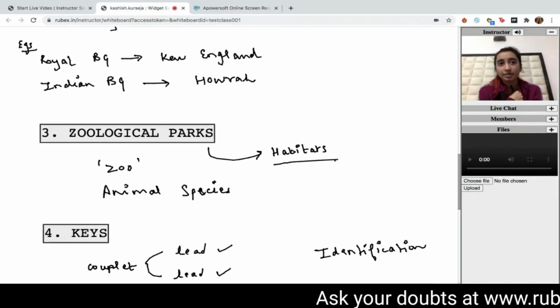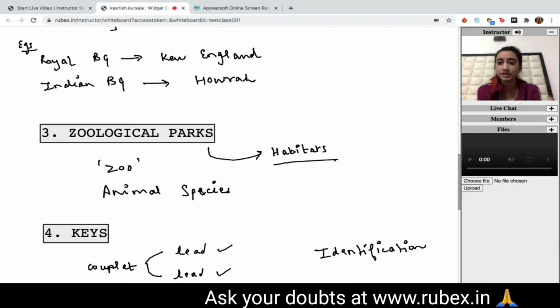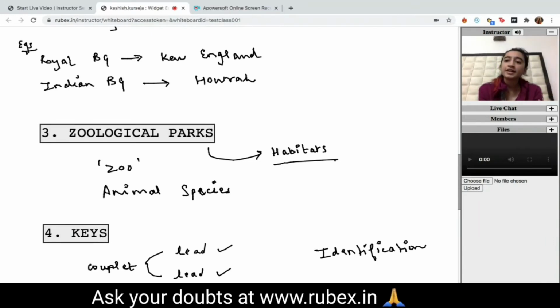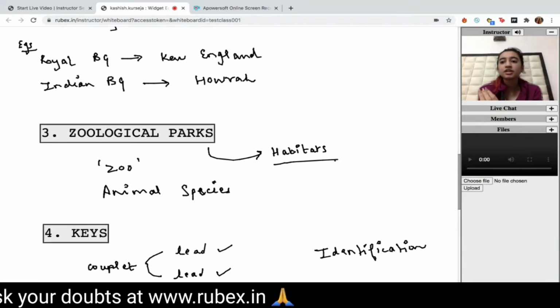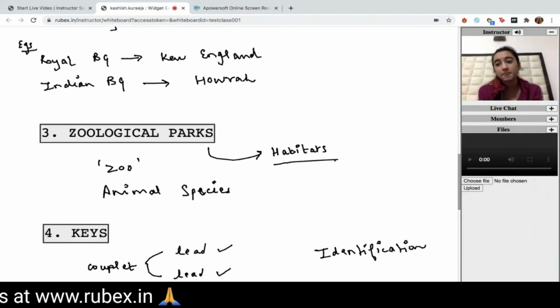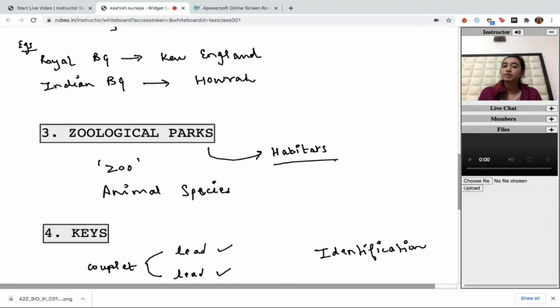Just say for example, an elephant is living over in the forest. So a zoo would try to recreate their habitat inside so that they can have a life which is very similar to the life that they had otherwise. And they are also for the purpose of recreation mostly, but they also help us in knowing about a particular species if any person associated with science is to visit there.